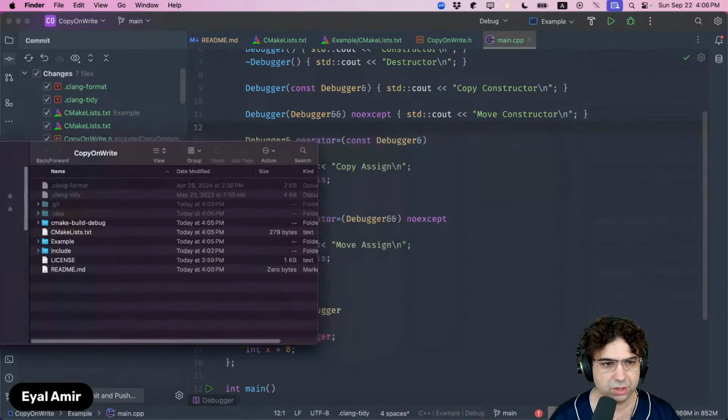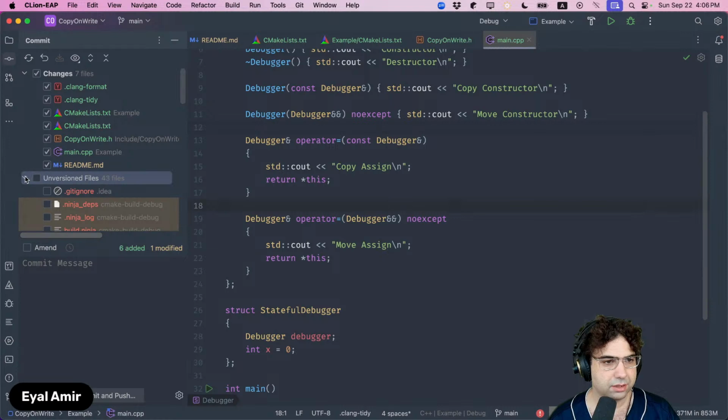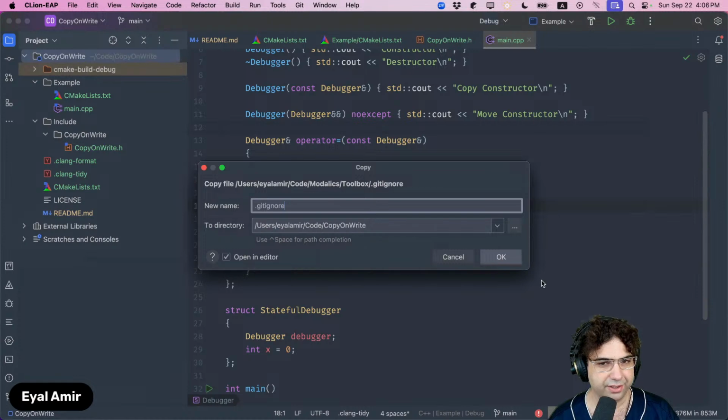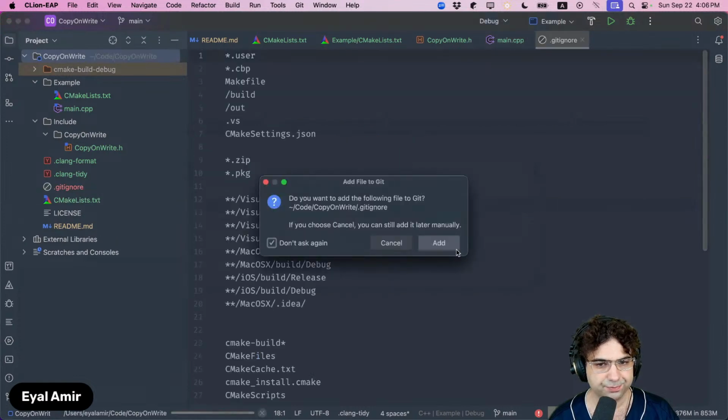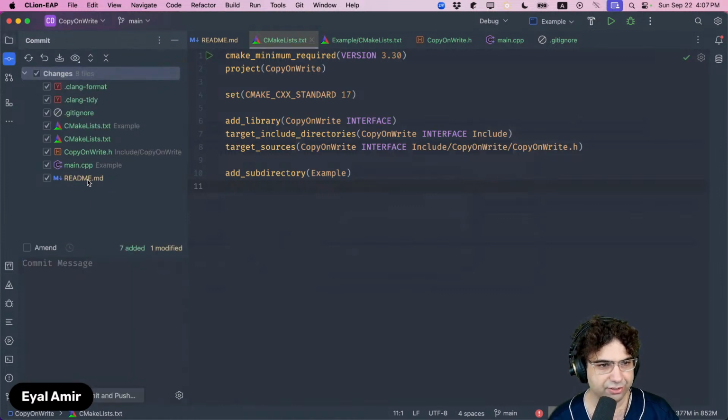So let's go to one of my previous repos. One of the things I always put in gitignore. A gitignore is a file that ignores, whatever you put in locally, from being committed. So one of the things I do often is I have a gitignore file that has stuff like the IDE folders, like the auto-generated IDE folders in the build folder. Okay, good. Now when I'm committing, I can see just the files that I meant to put on git. So initial commit,